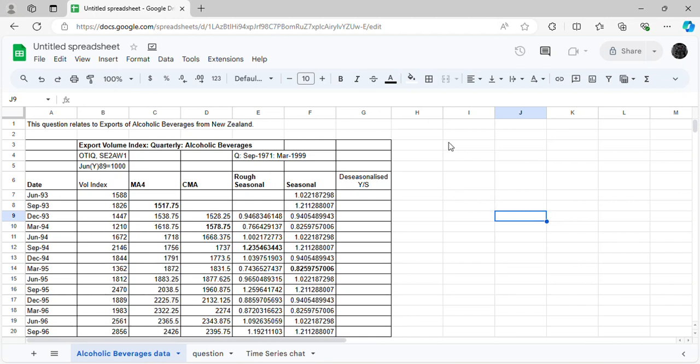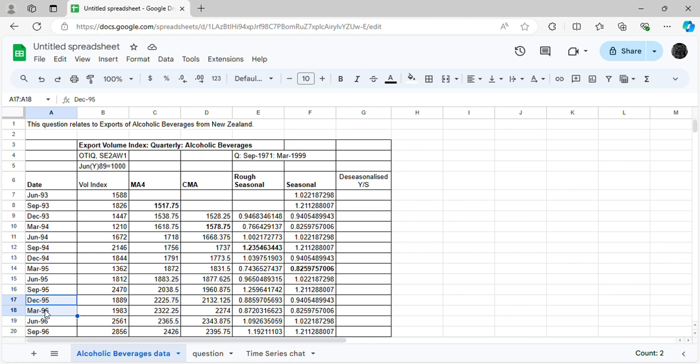This question relates to exports of alcohol beverages from New Zealand. So we have the date, June 1993, September 1993, December 1993, March 94, June 94, September 94, December 94, March 95, June 95, September 95, December